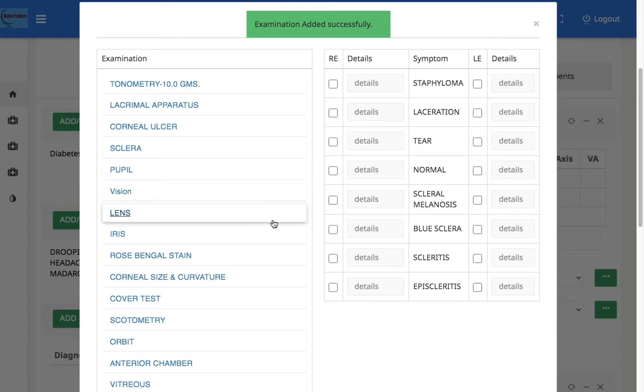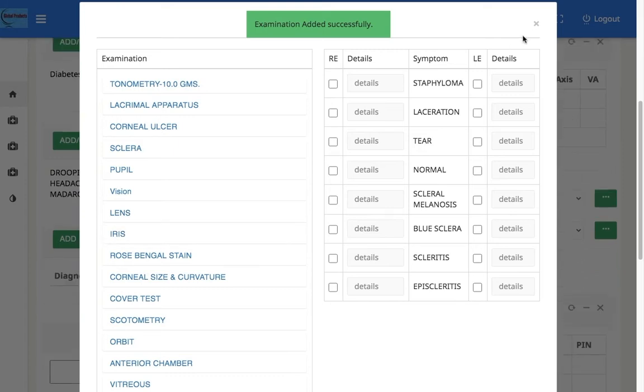Let's click on save. In this way, examinations can be added, or sub examinations can be added to the main examination, or the sequence can be changed as required.